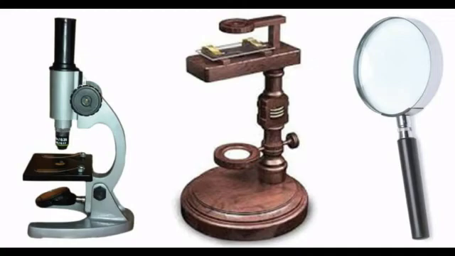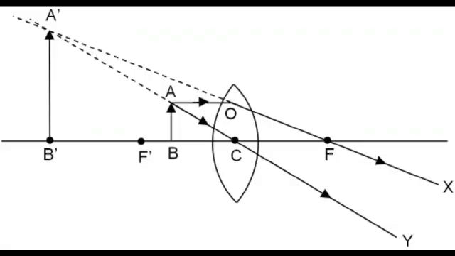It is held near the eye to get an enlarged image of small objects. Let an object AB be placed at a point within the principal focus, when u is less than f, of the convex lens, and the observer's eye is placed just behind the lens. As per this position, the convex lens produces an erect, virtual and enlarged image A'B'.